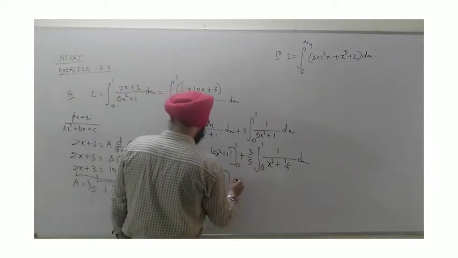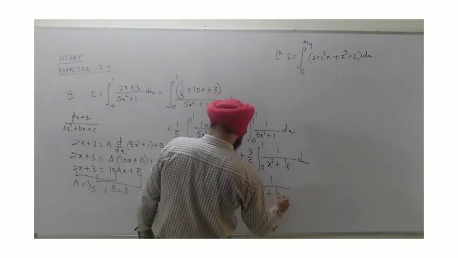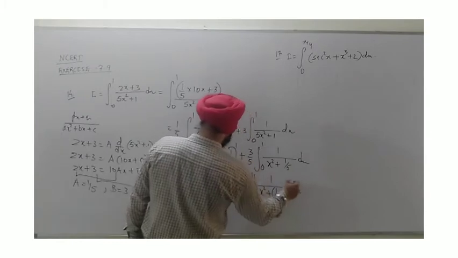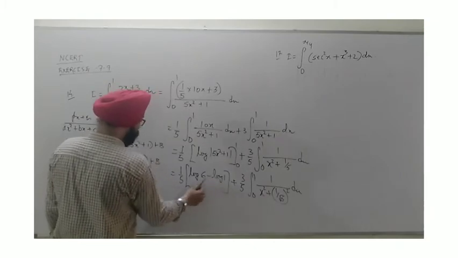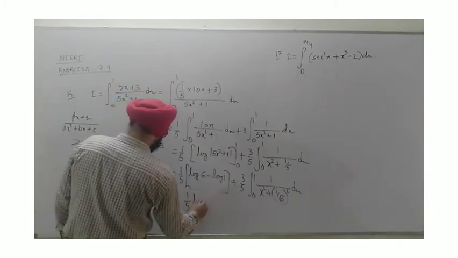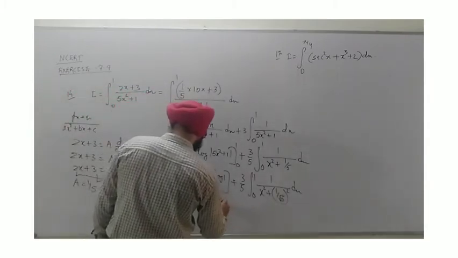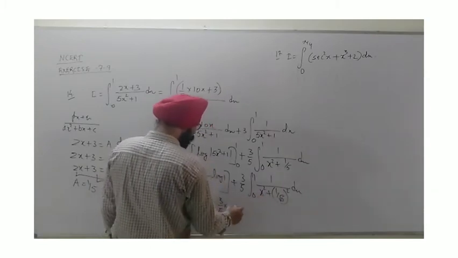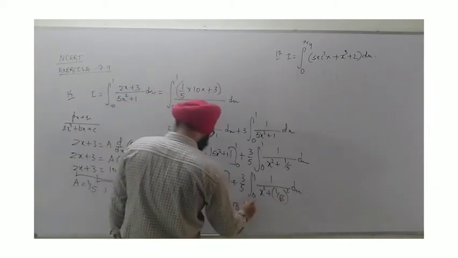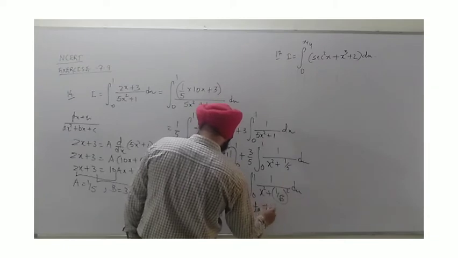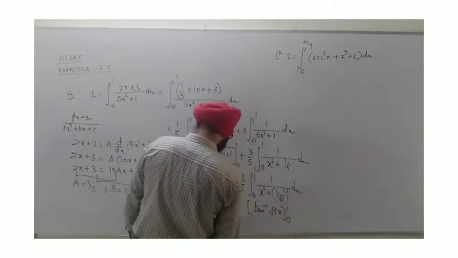Here, we can apply the identity. 3 upon 5, 0 to 1 as it is. This will be written as x square plus 1 by root 5 whole square, and now you can compare, it looks like x square plus a square. Yes, here by solving, taking this to be 0, we have the first term finally as 1 by 5 of log 6. There if I apply the integral, it comes 1 upon a, meaning 1 upon 1 by root 5, which means root 5, and tan inverse x upon a. So this will become tan inverse root 5 x, limit from 0 to 1.